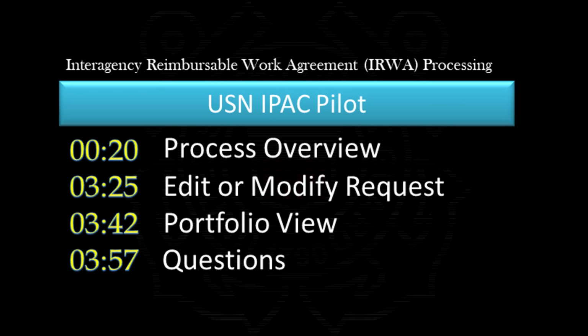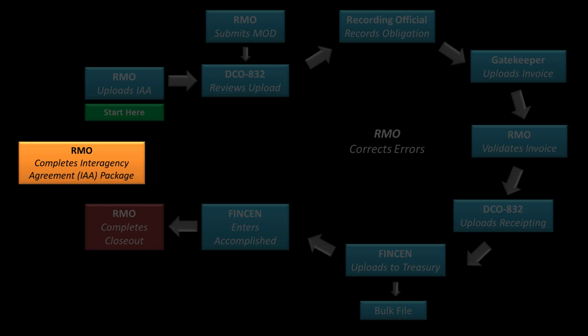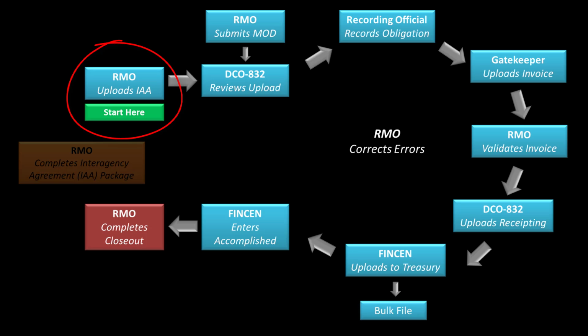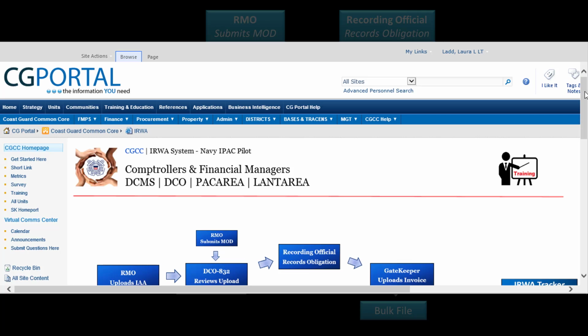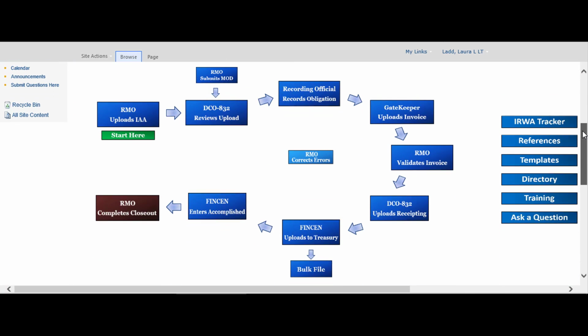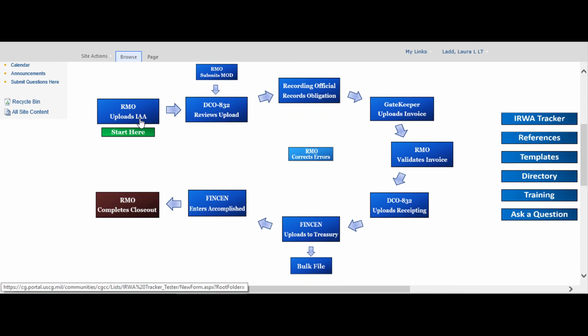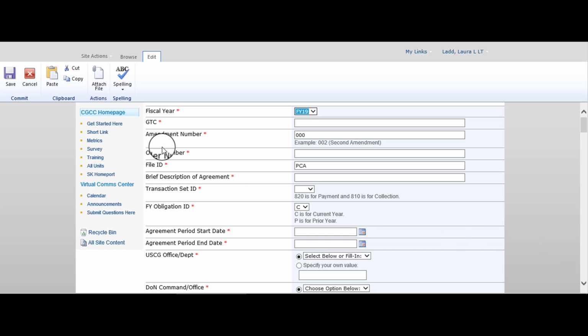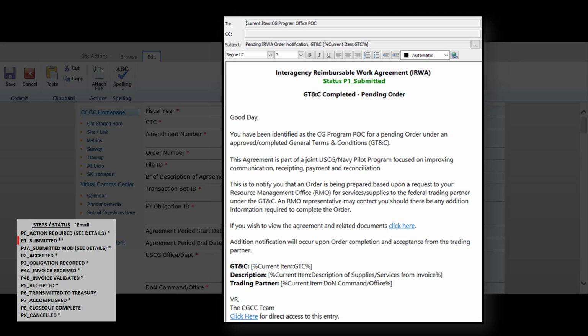Let's jump right in. After a regional management office completes the interagency agreement package, they log into the Coast Guard Common Core IRWA system, click on the box labeled RMO Uploads IAA, and complete the upper portion of the form. Note that the red asterisk indicates mandatory fields, and do not forget to attach the required documentation prior to pressing save. This will generate an auto email to DCO 832 letting them know that the package is in their queue